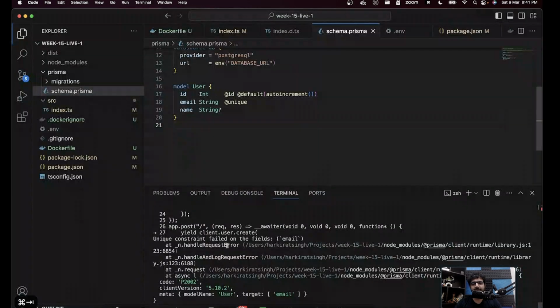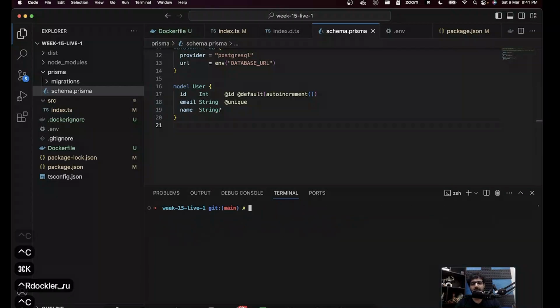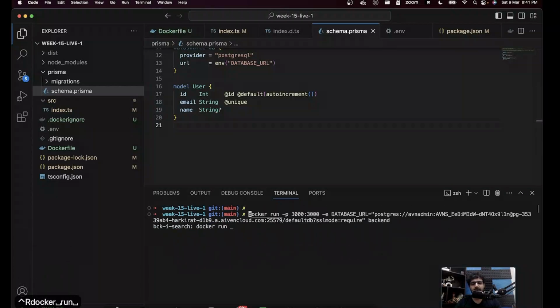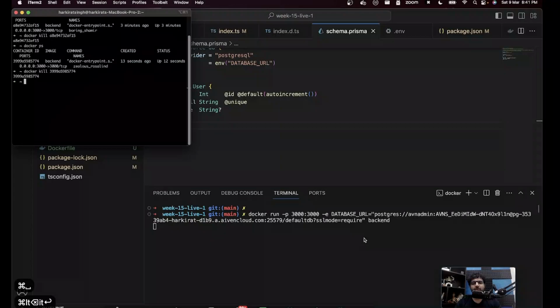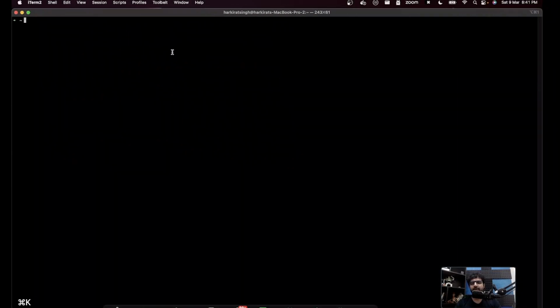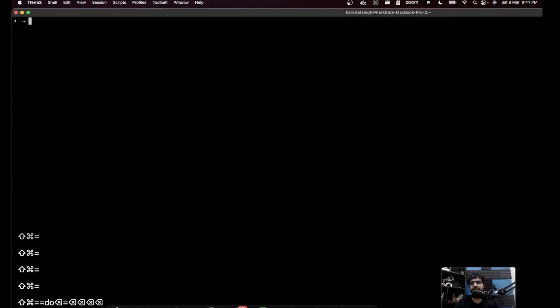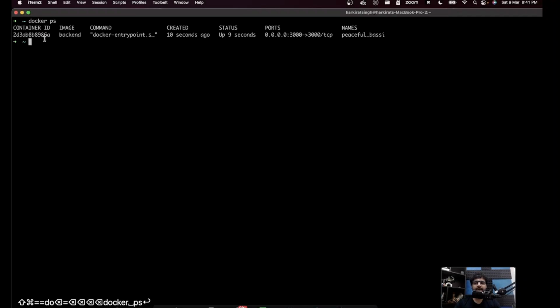So if I start another container, Docker run, doesn't matter what. Let me start a Docker container. And now let me go to another terminal where first I run Docker PS to see all the containers that I'm running. I'm running this one. If I want to see the file system inside this specific container, if I want to literally explore the container and get bash access to it, then I can run Docker exec.